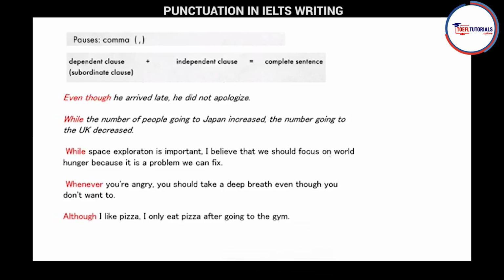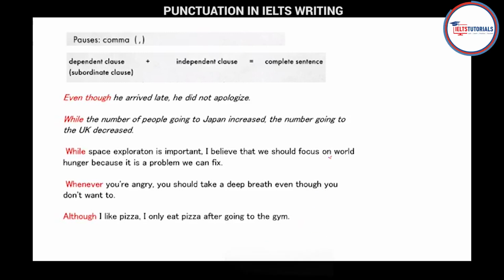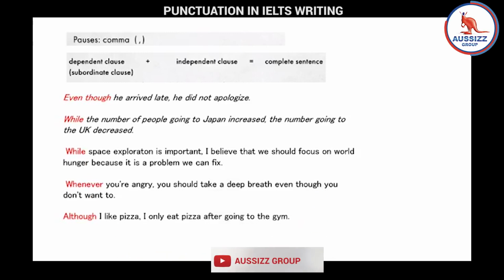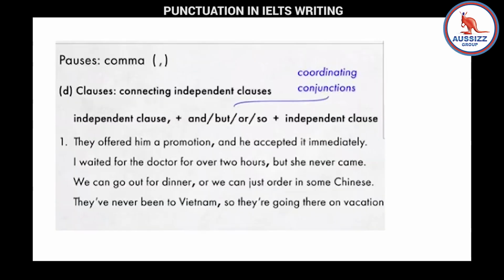The next one is, whenever you are angry, comma, you should take a deep breath even though you don't want to. So you can see after comma, whatever the sentence is there, it is all complete sentence. But before comma, you can see dependent clause. So whenever you want to add dependent and independent together, you need to add comma. Okay, so the next is